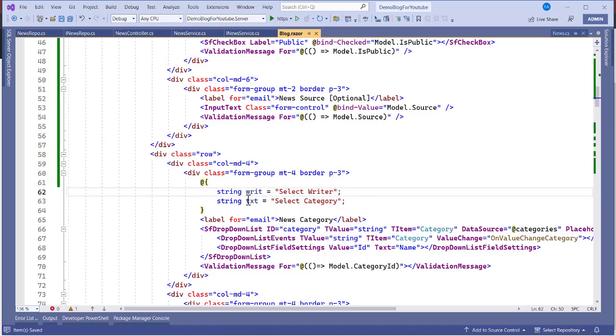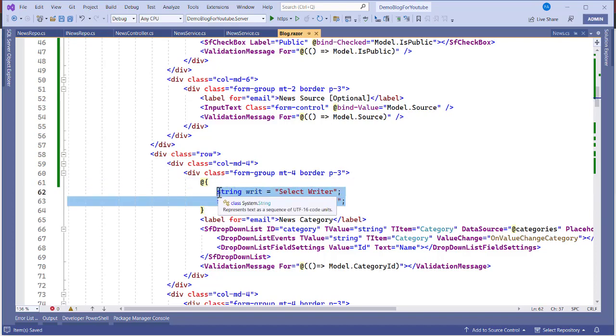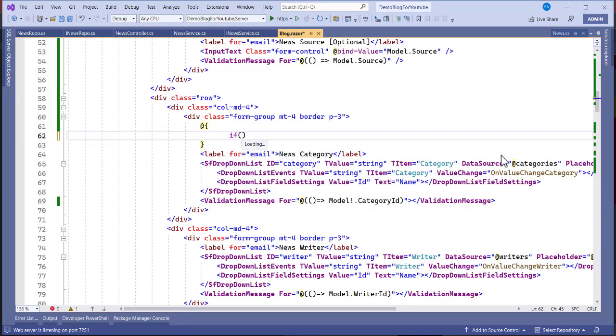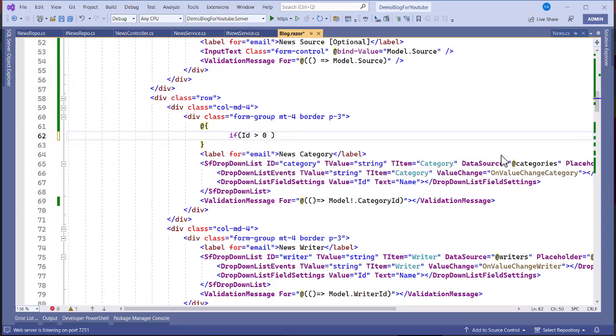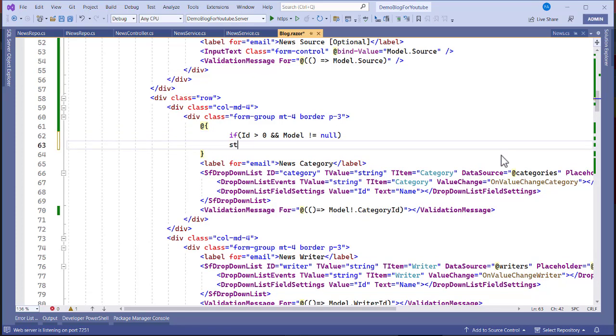Now let's say we want to check first if ID is greater than 0 and model is not equal to null, then set string this is equal to model dot writer dot name. Okay, else,